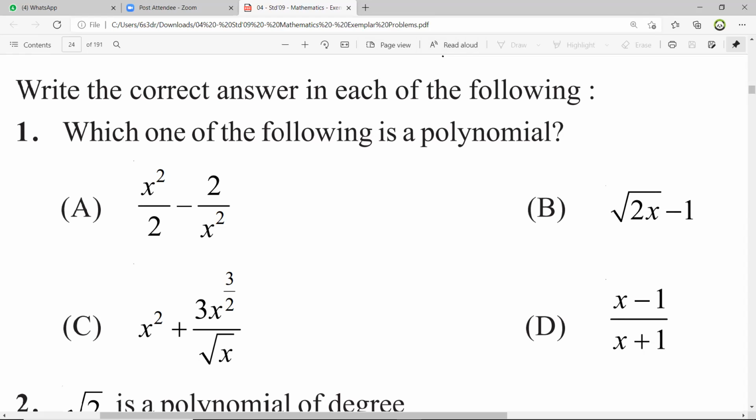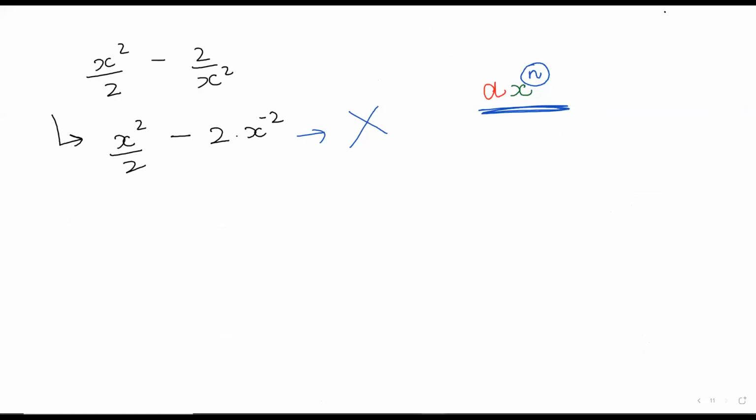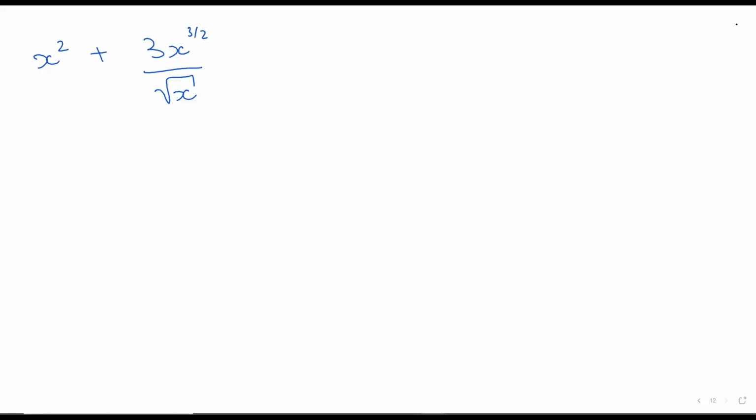X square plus 3x to the power 3 by 2 divided by root x. So let's just rewrite this. Would anyone like to help me out in this one? How can we rewrite it? Yes, ma'am. x square plus